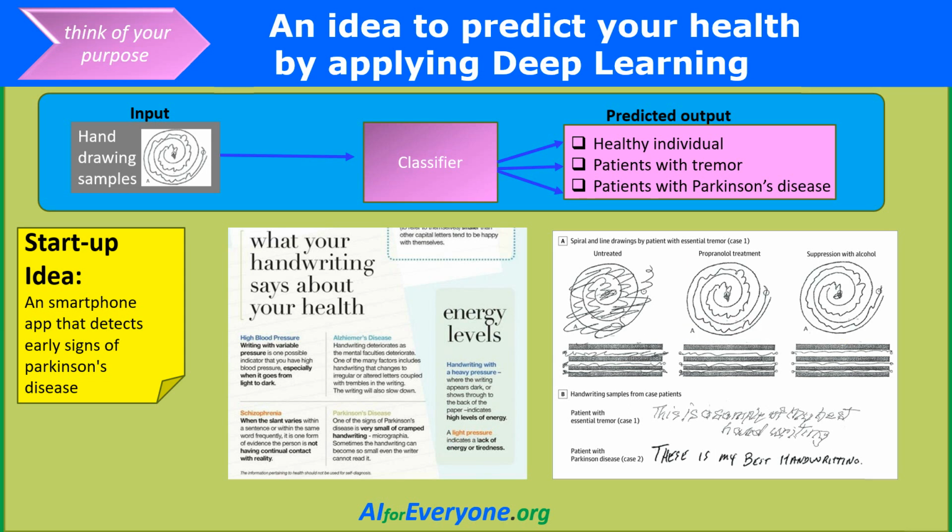So, various health labs request patients to write and draw a few basic patterns, and based on that, they are able to identify the type of the patient, whether he is healthy and normal or he is having tremor in handwriting, and even identify certain special diseases. So, can your handwriting define your health? Well, it could be an app idea, and that's what we will look at now.